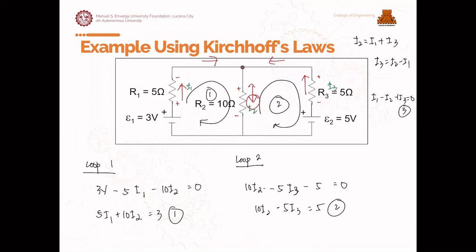Okay, so let's try loop 1, loop 2. Yeah, so we have in loop 1. Loop 1 is correct. So from current law, ang assumption natin is si I1 at si I3, si I2 yung lalabas. Okay? Then pag sinubstitute natin yung value ng I2,